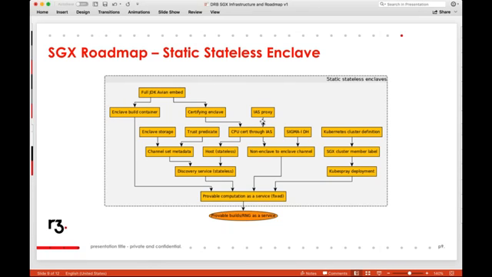We also need to set up things like encrypted block storage, and we might want to do ORAM block storage, so that you cannot infer things about the ledger based on the access patterns. There's just a lot of infrastructure that we need to do for stateful enclaves. We also need to